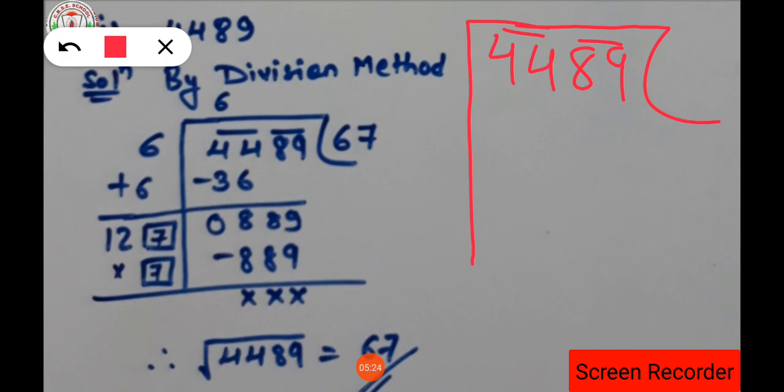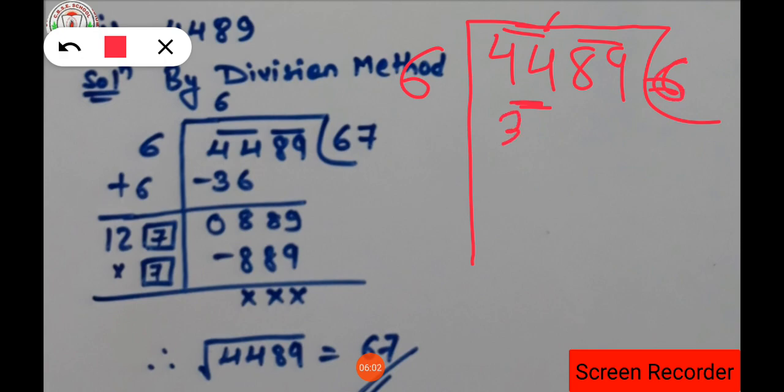Then after, what we have to do, we have to think of a number so that while multiplying that number with itself, that square of the number should be less than 44 but not more than 44. So 5 5 is 25, isn't it? So it is less than 44. 6 6 is 36, then 7 7 is 49. 49 is greater than this 44, so we are going to take 6. Clear? That 6 we are going to write here in the quotient form.